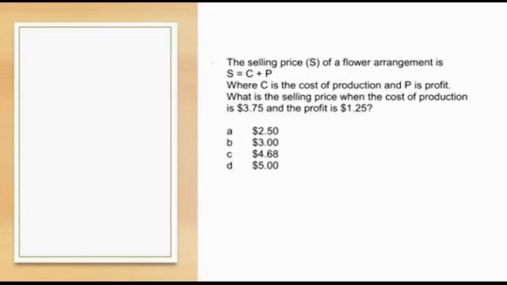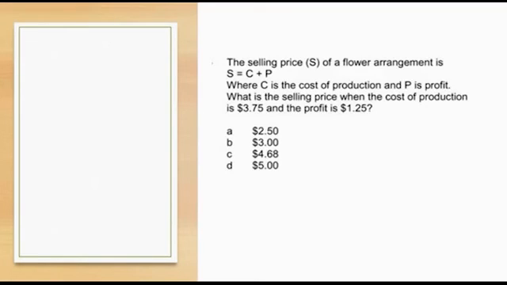All right, so here we are looking at algebra in another little way. The selling price, which is indicated by the S, of a flower arrangement is S equals C plus P. C is the cost of production and P is profit. What is the selling price when the cost of production is $3.75 and the profit is